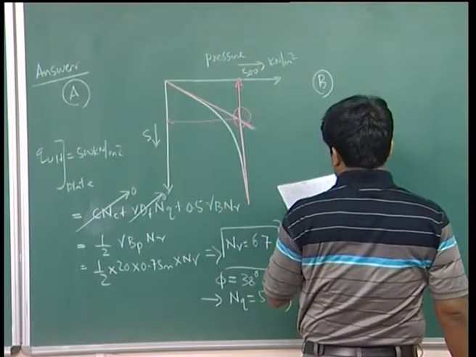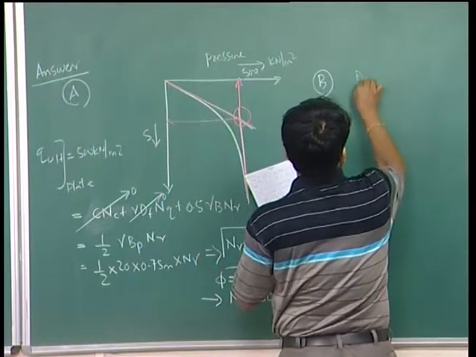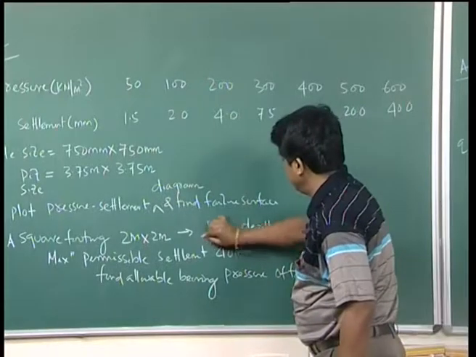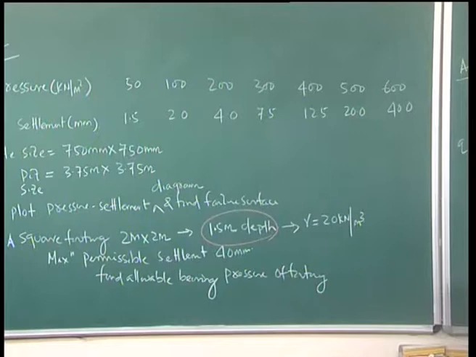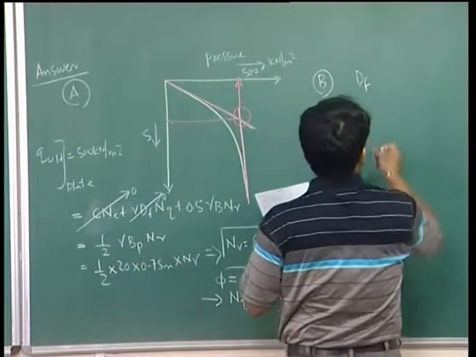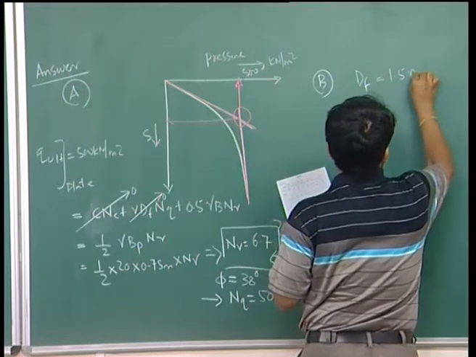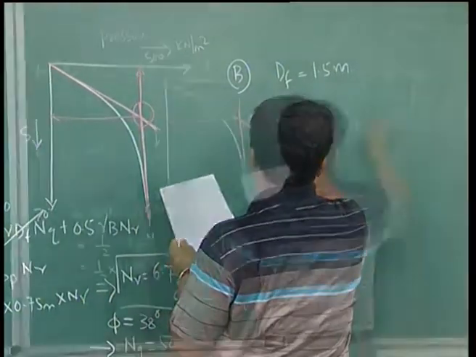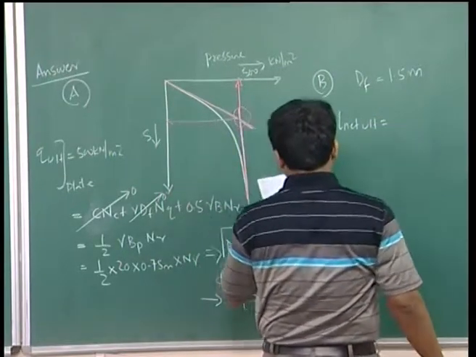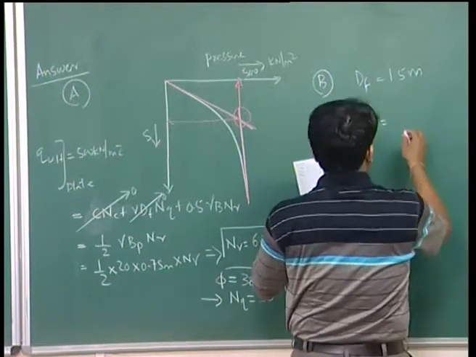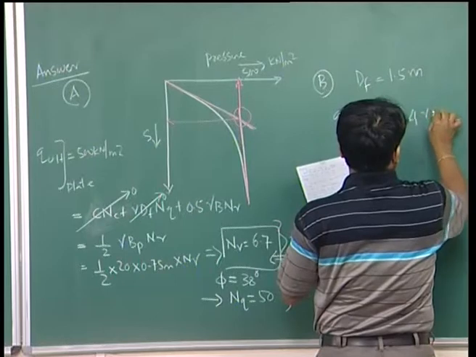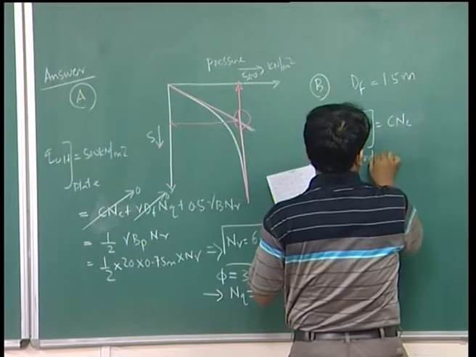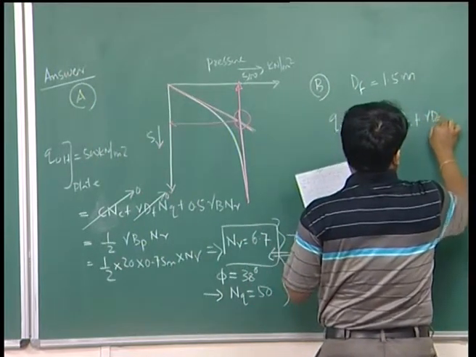So, dF, the given depth of foundation, is equal to 1.5 meter. Then you can find the Q net ultimate, which is equal to 0.4 CNC, this is for your footing, plus gamma dF NQ